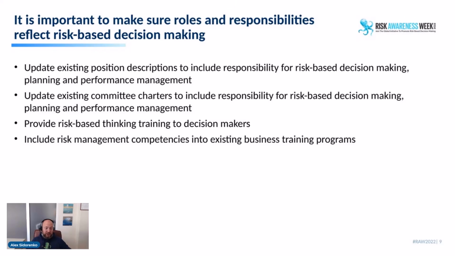Then the next thing that I usually do is I take all the committee charters, and again I add like audit committee, different board level committees, management committees, safety committees, and I would just read through the charters and see if there's anything I can add to again reinforce the responsibility for risk-based decision making, planning, performance management. If there is, great, again, initiate the change. If there isn't, fine. Then the third thing that I would always do is some sort of risk management training